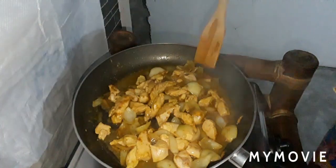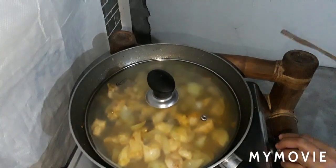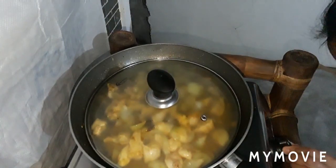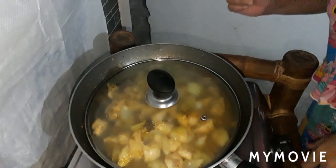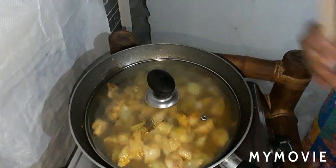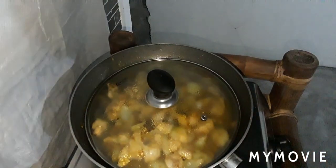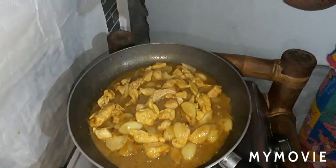Takpan muna natin sandali para mag-absorb lang yung lasa ng spices. I-adjust natin into medium heat. Takpan natin for about mga 3 minutes bago natin ilagay yung vegetables. So yan guys, after 3 minutes,